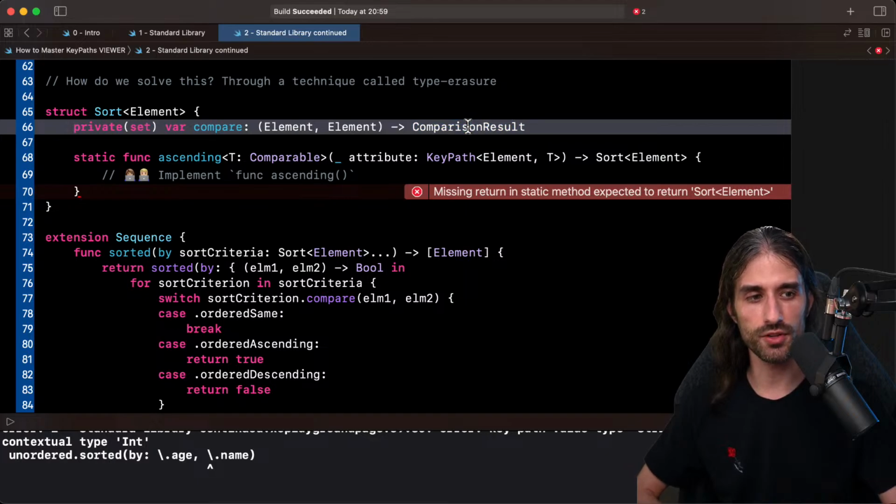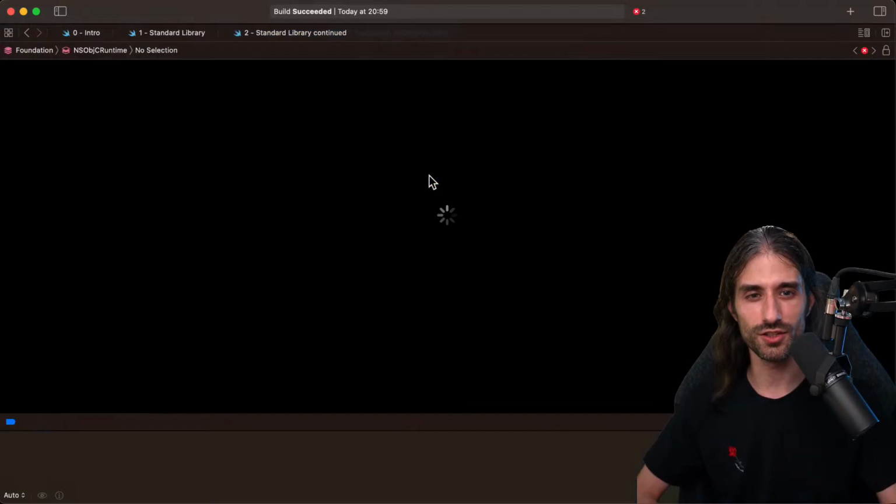I see a very good question about any comparable. We'll try it just a bit later. If it works, it will be great, because it will be even better. But I want to show this version because this version has the advantage of really showing what type erasure is. But you're making a very good remark. I want to get back to it just after.